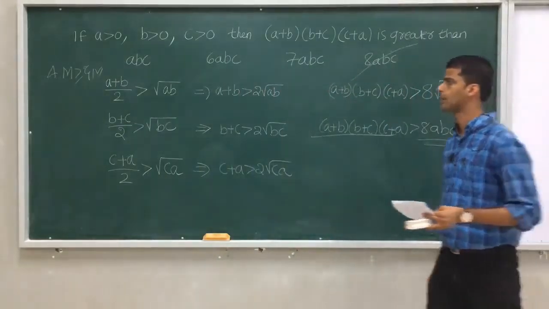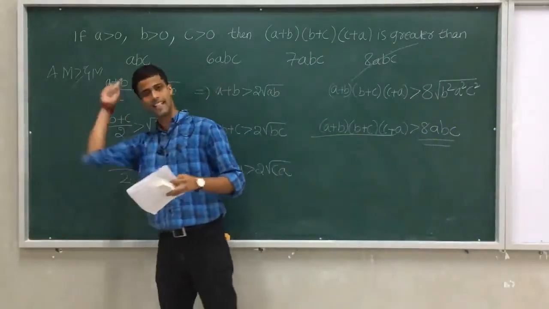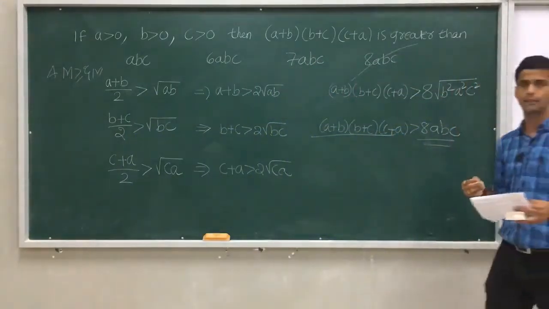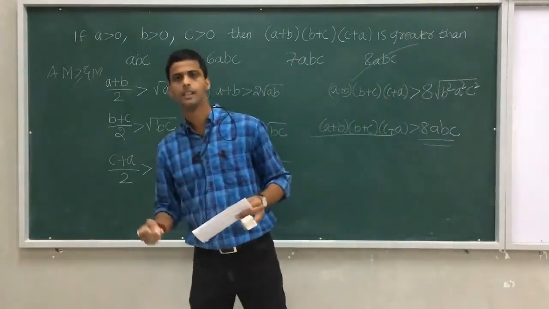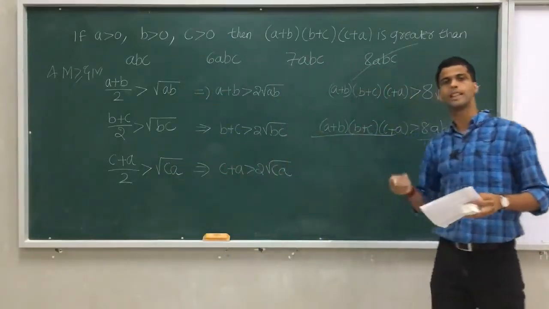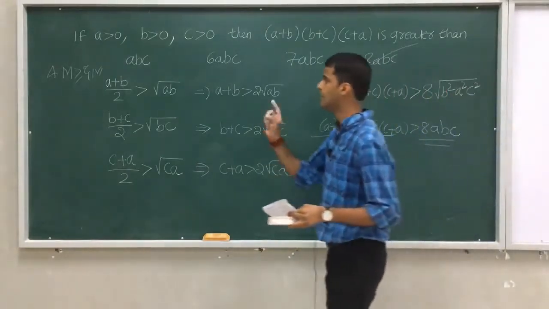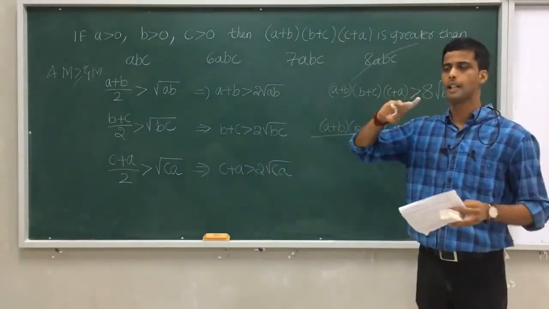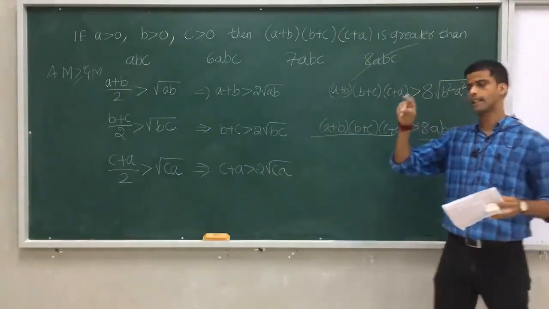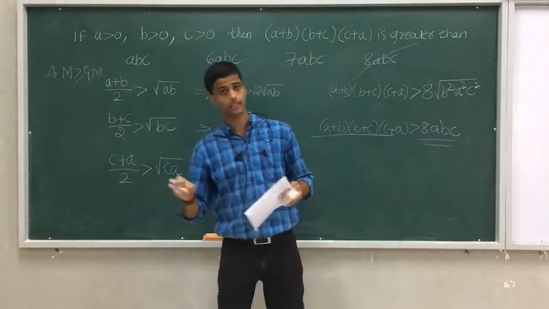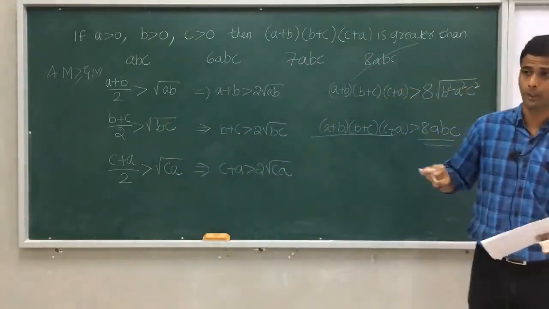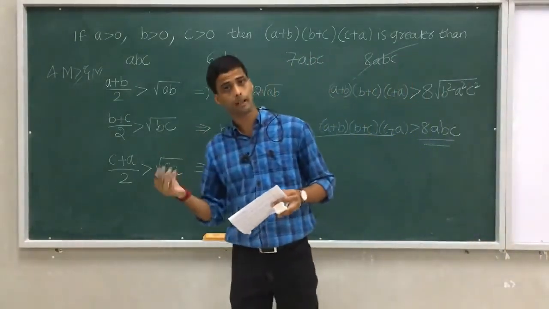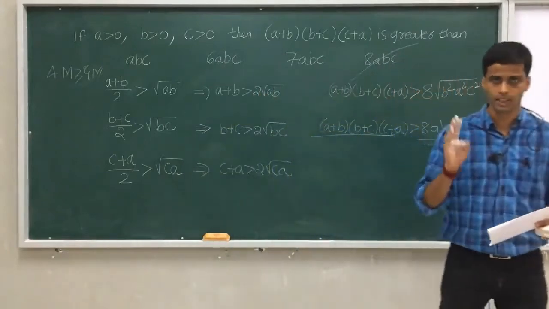I gave you one homework: in which cases is arithmetic mean equal to geometric mean? You can say that if you take two numbers 0 and 0, 0 plus 0 by 2 is 0, 0 into 0 is 0, root 0 is 0. In this case, arithmetic mean is equal to geometric mean. That's the reason they have mentioned arithmetic mean is greater than or equal to geometric mean. If we never consider 0, arithmetic mean is greater than geometric mean. Just think, is there any number other than 0 for which arithmetic mean is equal to geometric mean? You just think about it.